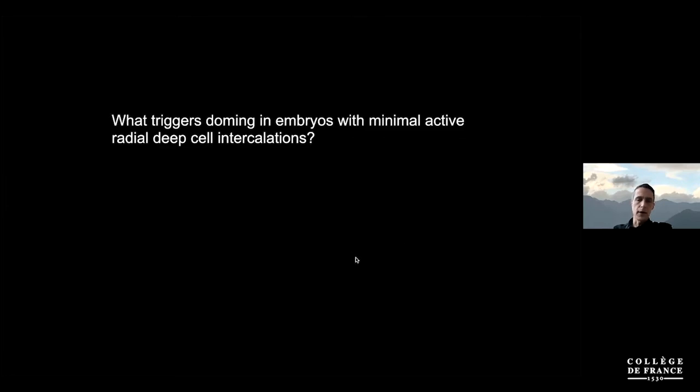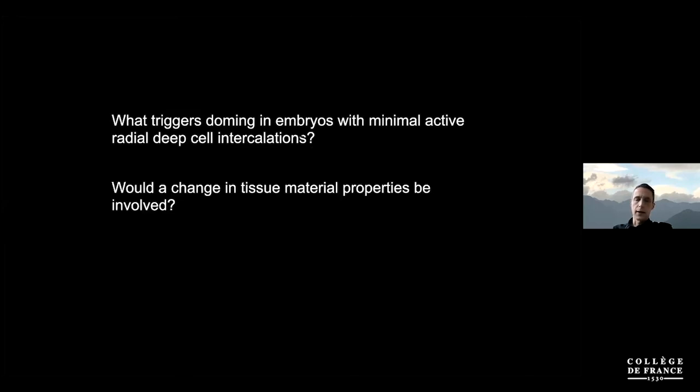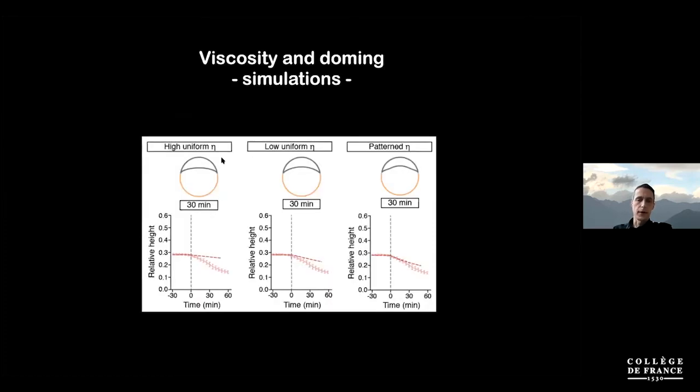Now, the question we then ask is what triggers doming in embryos which have minimal active radial deep cell intercalation? And what Nicoletta then postulated is that a change in tissue material properties might be involved in this process. The reason why she proposed this comes from a number of simulations we did, again together with Guillaume Salbreux,